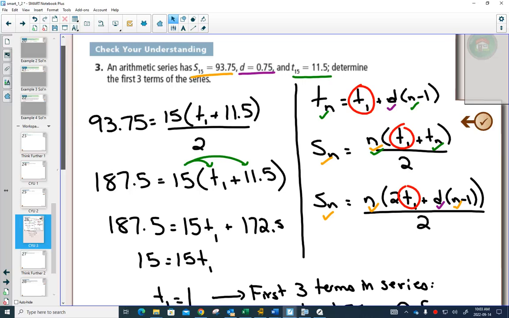But there might be other formulas you could use to find other information first, and then you could use this formula. For example, if I told you term 7 was 8 and D was 2, and then I asked you to find the sum of the first 14 terms,